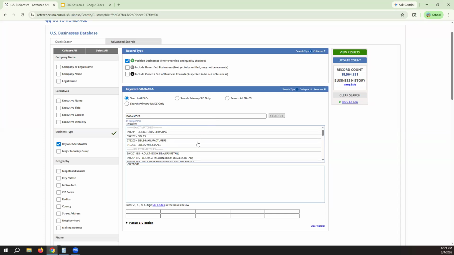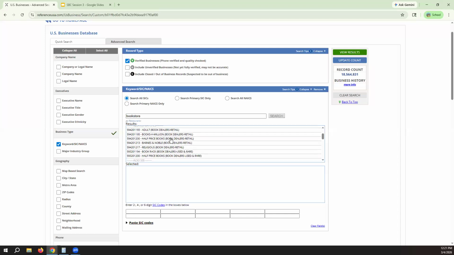And so you can see here, maybe there's a bookstores Christian. I can add that one there, but then maybe I'm trying to expand beyond a particular type of genre for my bookstore. Maybe I want something that gives you a variety of types of information. And then you can see here there's Books a Million, Barnes and Noble. Barnes and Noble and Books a Million might be my competitors, but that doesn't really tell me much about my industry. It doesn't really tell me enough information yet.